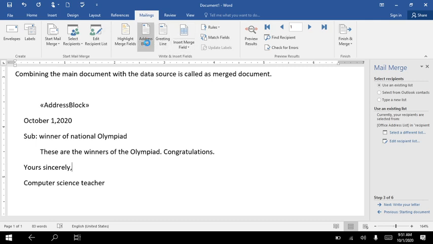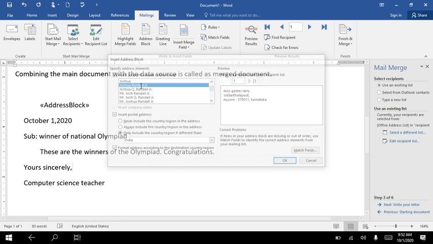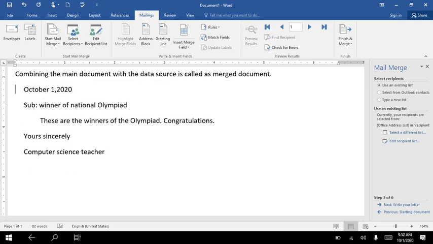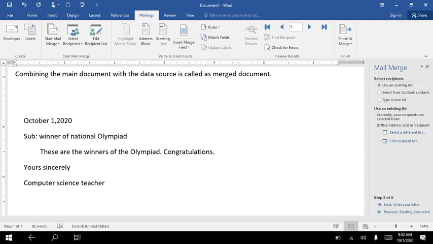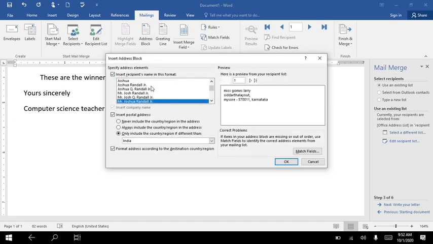Click on the address block. See, can you see this? I just selected this and that address block is being placed here. Could you see that? Where you want to place the address block, you will be selecting that. Be careful with selecting the address block, okay? I'll select it here after that. So now click on the address block. Here you will be selecting,